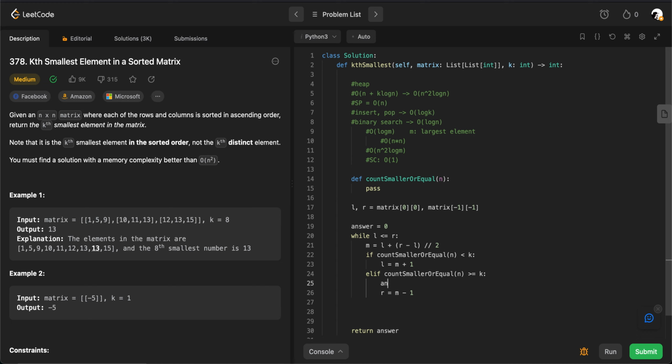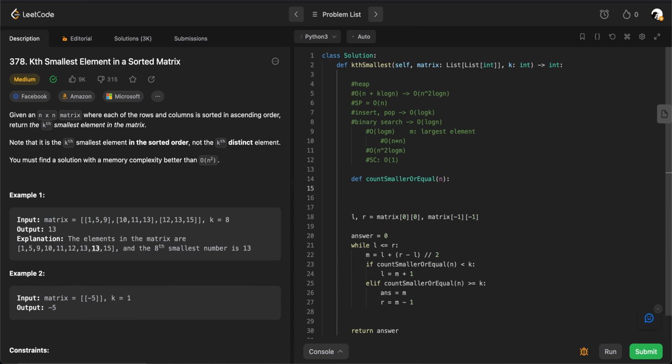Also, we need to record this one. Okay, and now let's move on to count smaller or equal here. So C equals to